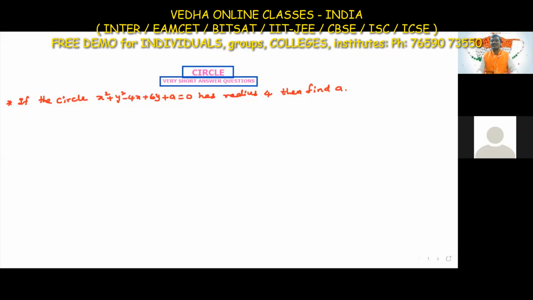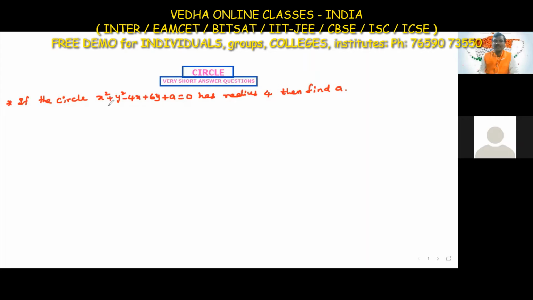So from the circles, we are going to get two very short answer questions, two 4 marks questions, and two 7 marks questions. Total, we are going to get 26 marks. Okay, from the circles, all these are very important, very short answer type questions, 2 marks questions. This is a very important question.